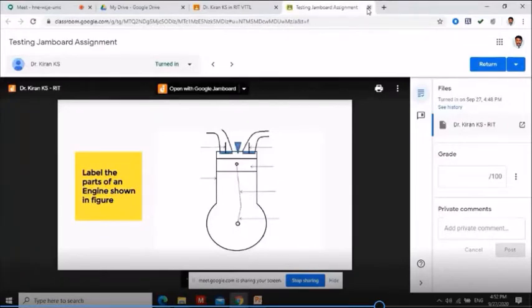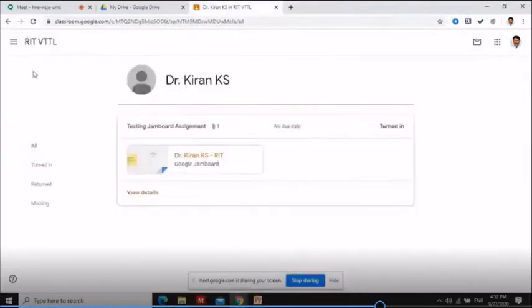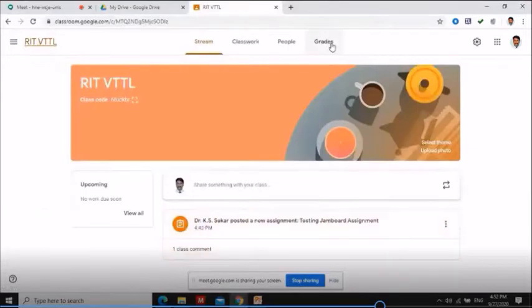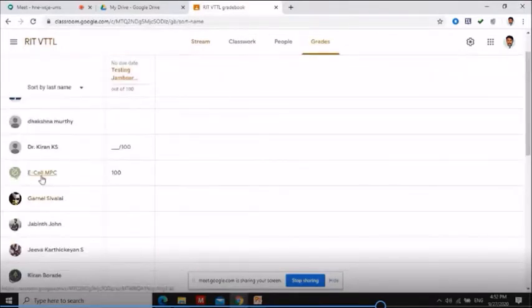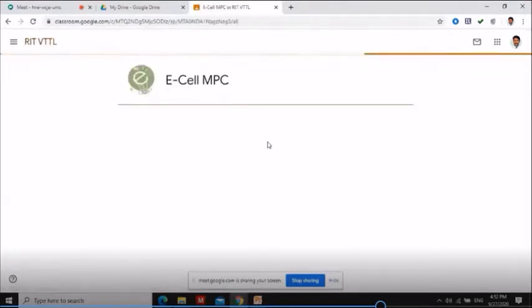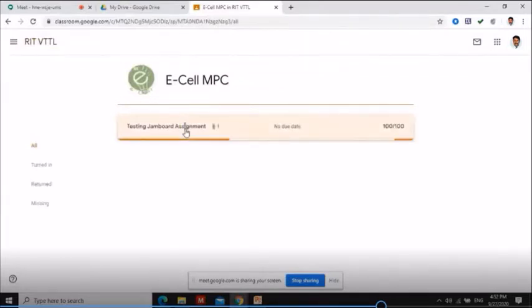Okay. So the answers are not marked. So it has to be like this. So you have to do the changes in the assignment.